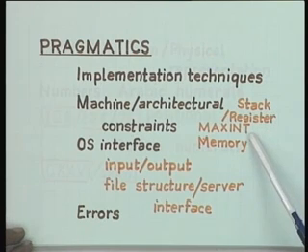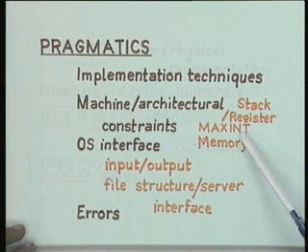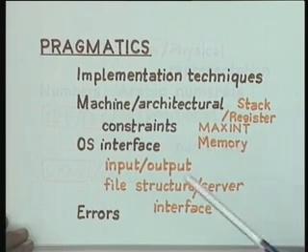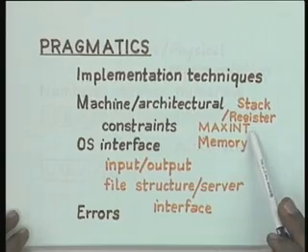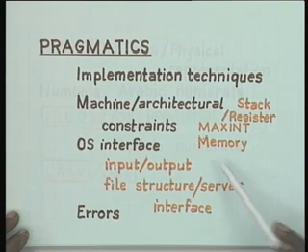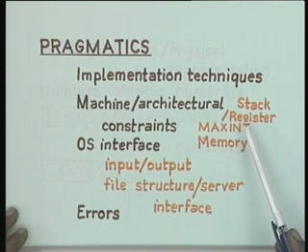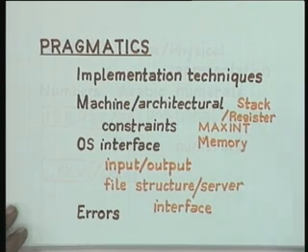For example, maxint, the maximum integer allowable in a Pascal program, is typically an implementation dependent feature, because it depends upon word length or byte length, or whether it uses 2 bytes for representing integers, and so on. So the value of maxint can vary from machine to machine, the amount of memory available for a program can vary, and whether it is a stack based machine or a register based machine, those things are